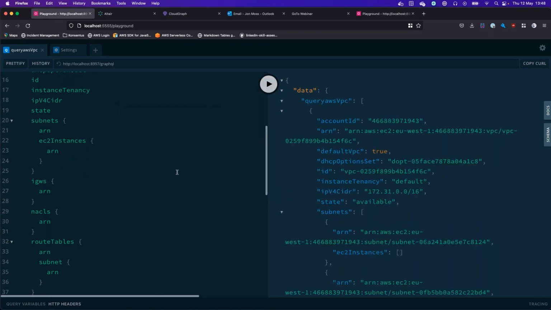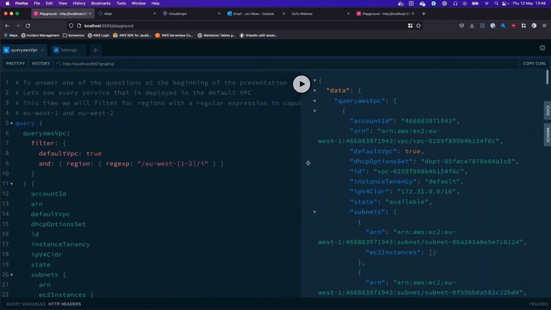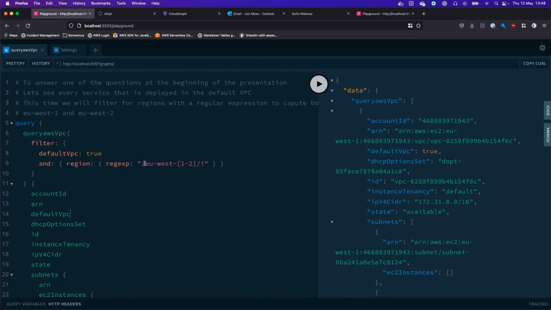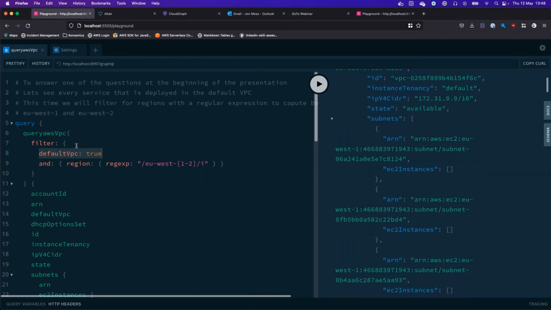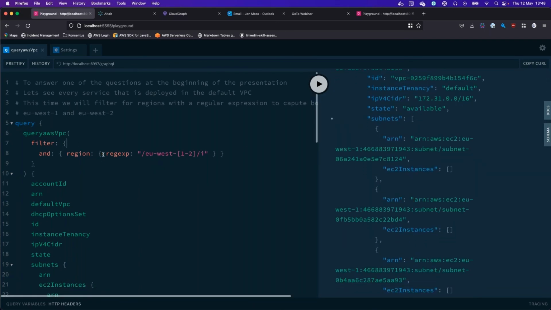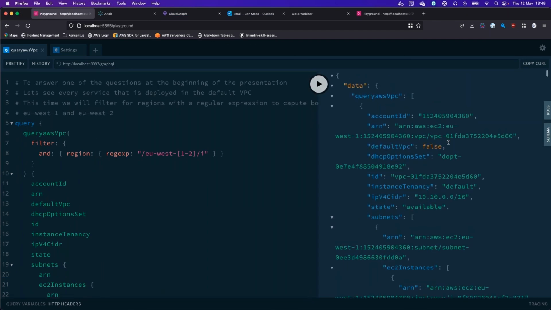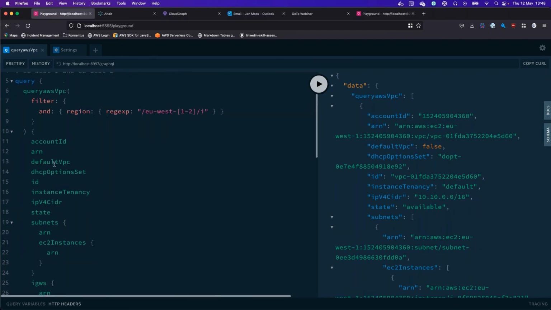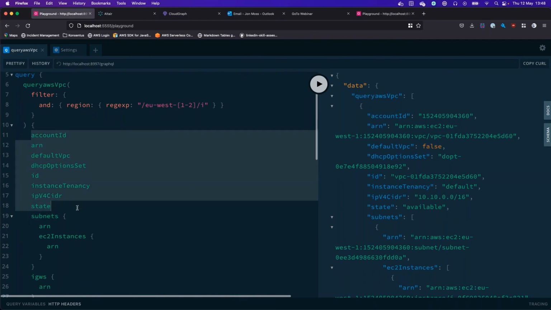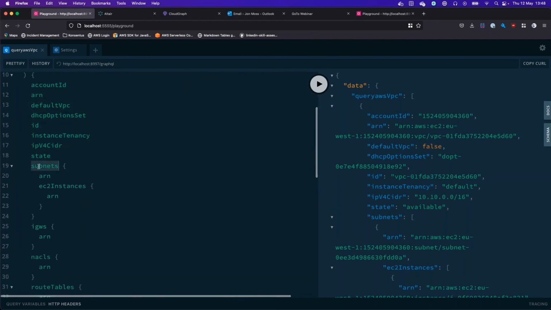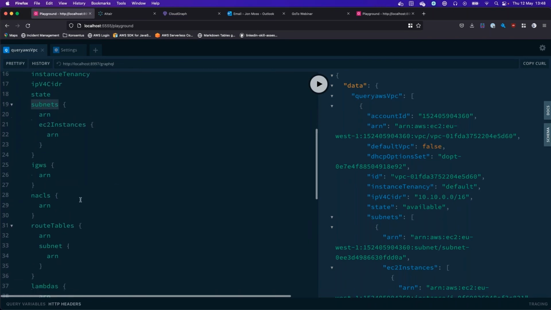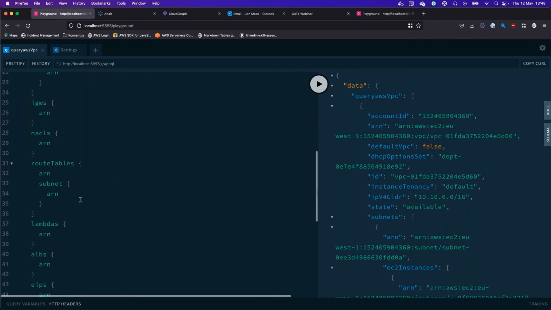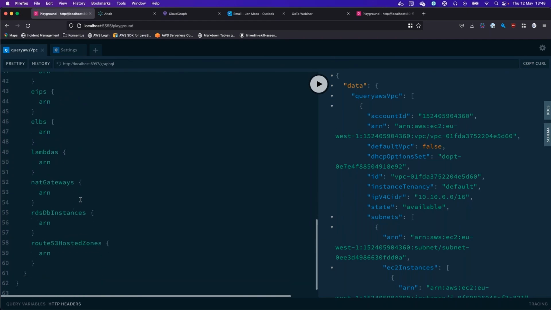Instances. So this quite large query for the default VPC, which I've now changed, for the non-default VPC, because I'm using a non-default VPC, I want to find not only information about the VPC, but every subnet that's in this VPC, every internet gateway, NACL, route tables, lambdas, everything that